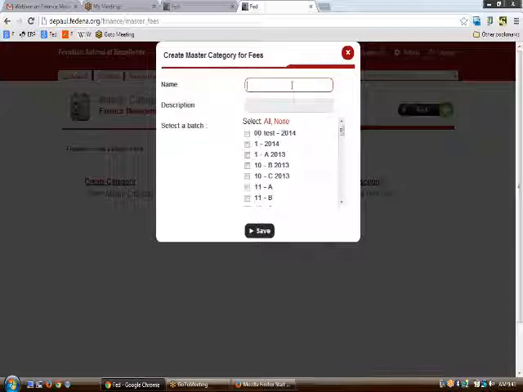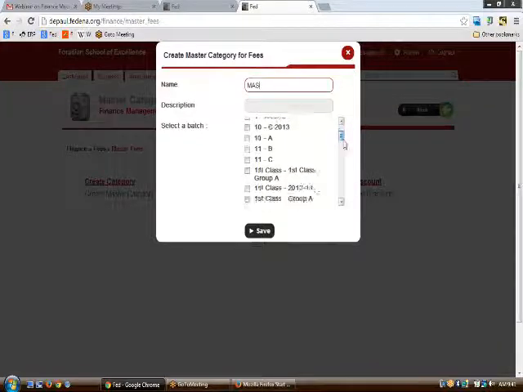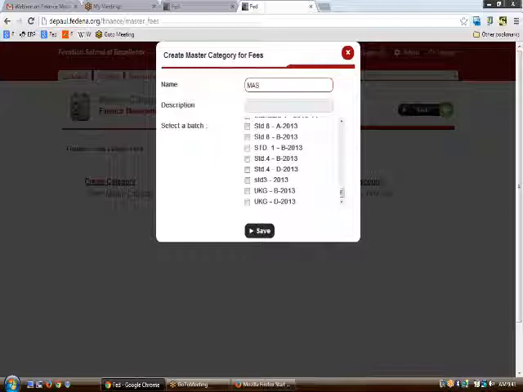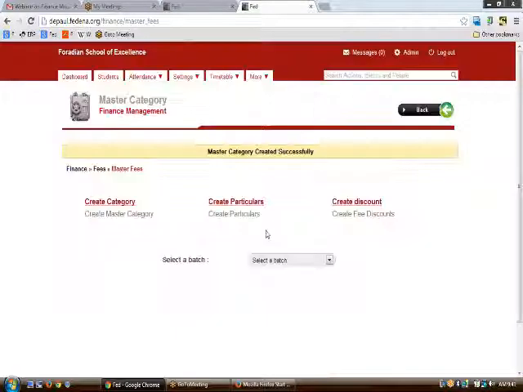So you need to create a master category first of all. What I'm doing is creating a master category, the name MAS, and I am making it specific to only a special batch, and my favorite batch would be UKGB 2013. On clicking create, my category has been created. That's what the notification says to me.